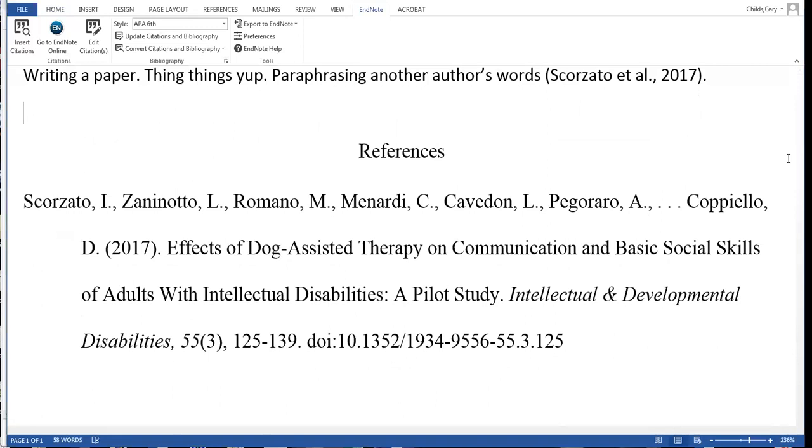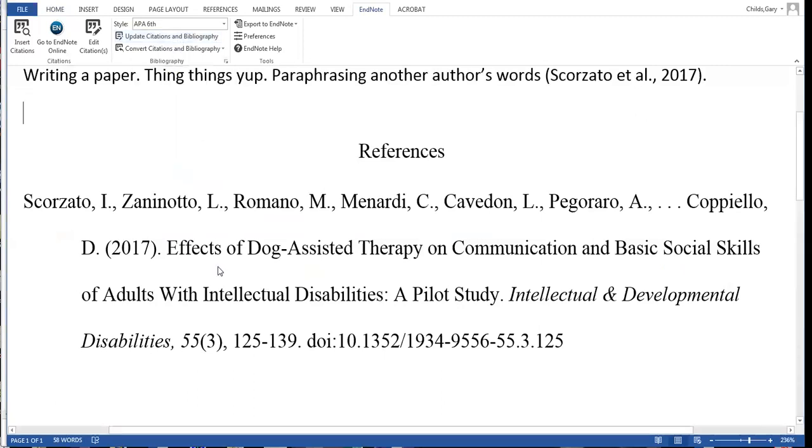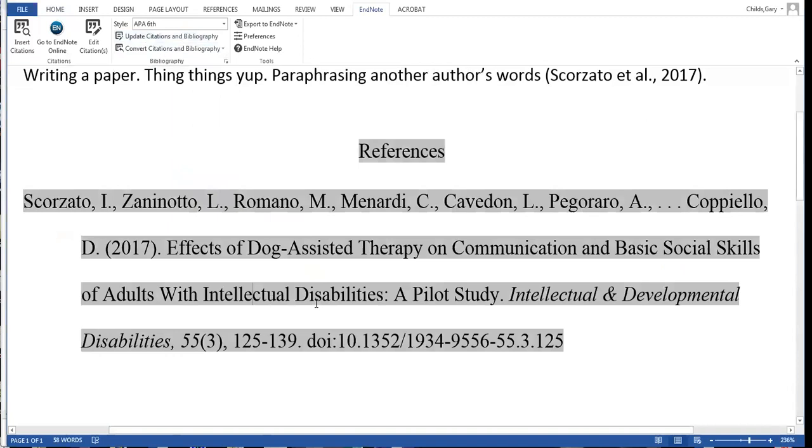the information is capitalized in the title. If you're very familiar with APA, that's not typical APA style. So that's something we would have to communicate with EndNote to be able to take a look and see why that's happening, why that's occurring. If we fix that manually, it will revert. And it reverts as soon as a new citation is placed in the paper or the update citations and bibliography button is hit. So like any citation tool, EndNote is only as good as the data that happens to come